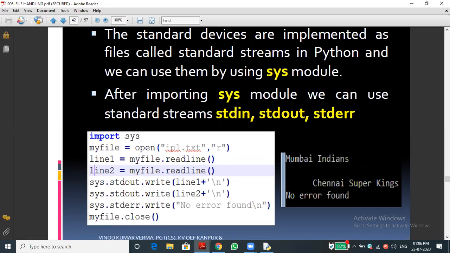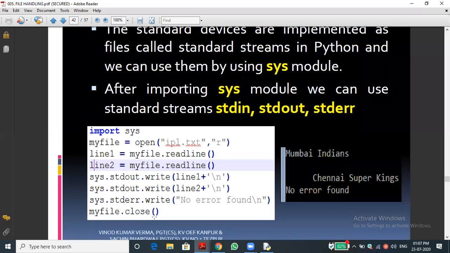Line 2 already contains some white spaces, so with the spaces, the second line also got printed. If any error is there, that error will display. If no error, it will display the default message, no error found. Normally we close the file.